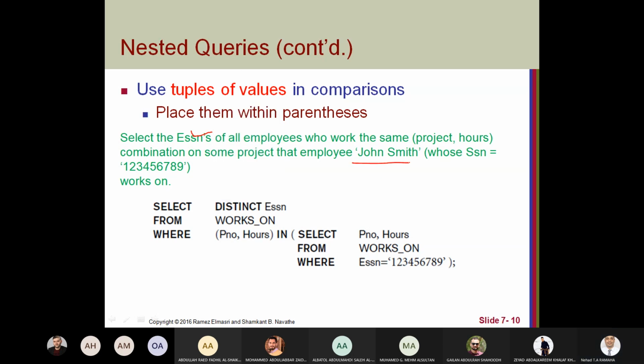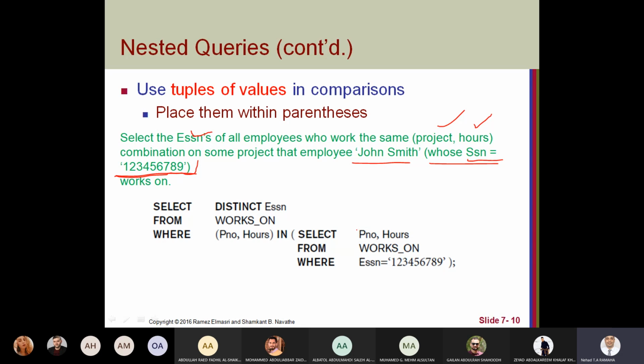So we need all the employees working with this John Smith, in the same project and the same number of hours. If we know that John Smith's SSN number, this makes it much easier. If you use the name, then you will use the table of employees. If we use only SSN here, we don't need the employee table.